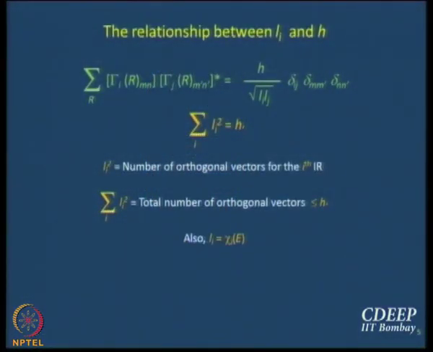So H is really the upper bound on sum over I Li square, but in this case at least we can show that sum over I Li square is equal to H. The inequality is actually an equality here. We will come back to the derivation after midsem. Okay. So these are few things that I need you to remember. Sum over I Li square equal to H. That is point number 1.